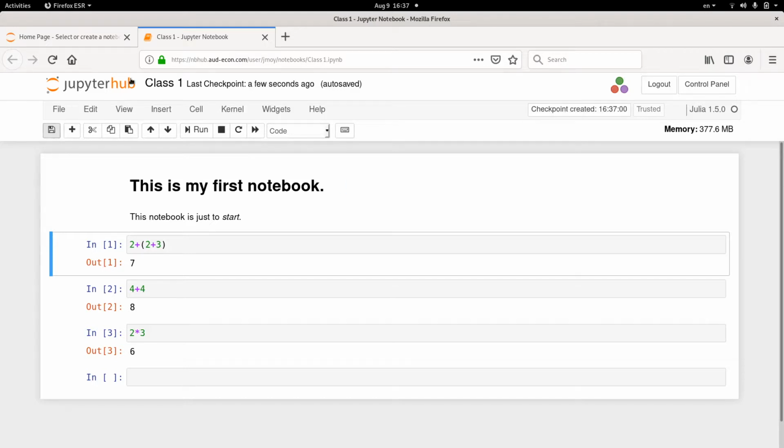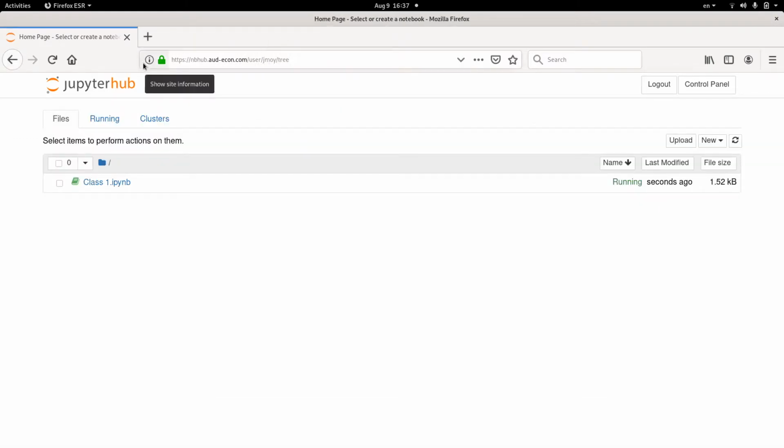Okay. So when you close this, let's go back to the home page, the first tab. Now you see that in your list of notebooks, you have a notebook called class1.ipynb. Class1 is the name that we gave to the notebook, and the notebook files will have the extension ipynb. So now this is just an ordinary file. So you could download this, you could mail it to someone and so on. Okay. So when you click this, you could duplicate, view, edit, no download. Okay, so I will open this again.